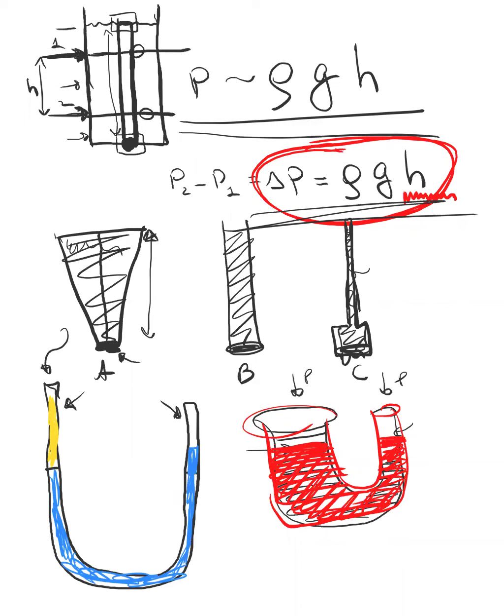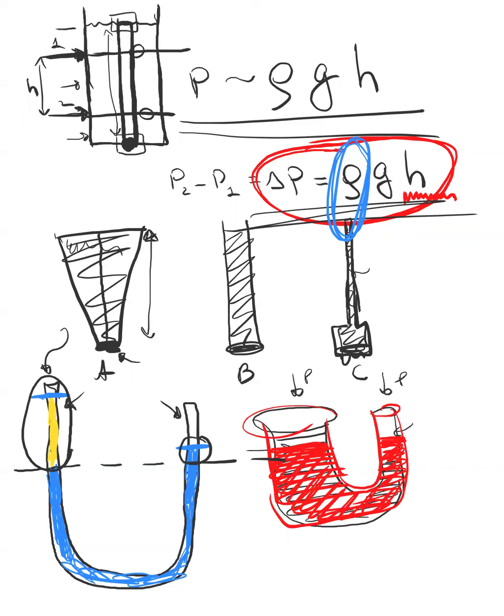And for pressures on both sides to be equal, I don't really need these two levels to be at the same level. Water has higher density than oil, and density is important. Your pressure also depends on density. So a good way to think about the situation is to draw an imaginary horizontal line here. And then you have an equilibrium when the pressure created by this much oil is equal to the pressure created